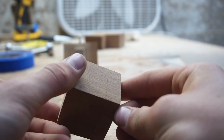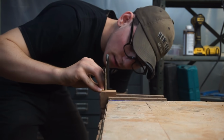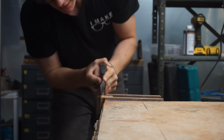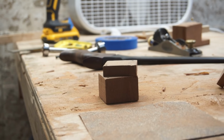We can now cut the lid off of the body of the box. I made the lid 7/8 of an inch thick. Be very careful with this cut. If it isn't square, the lid will look awkward on the body of the box. After cutting out the lid on the first try,